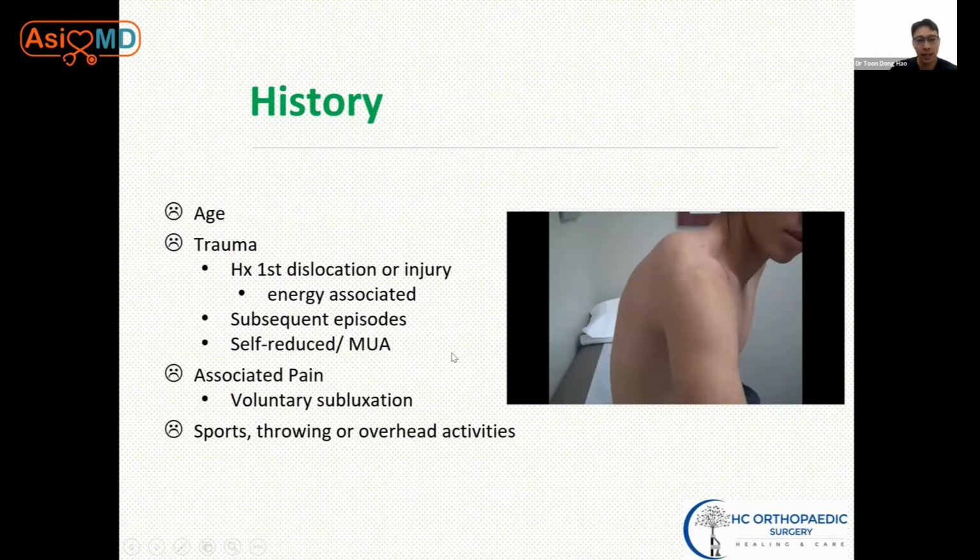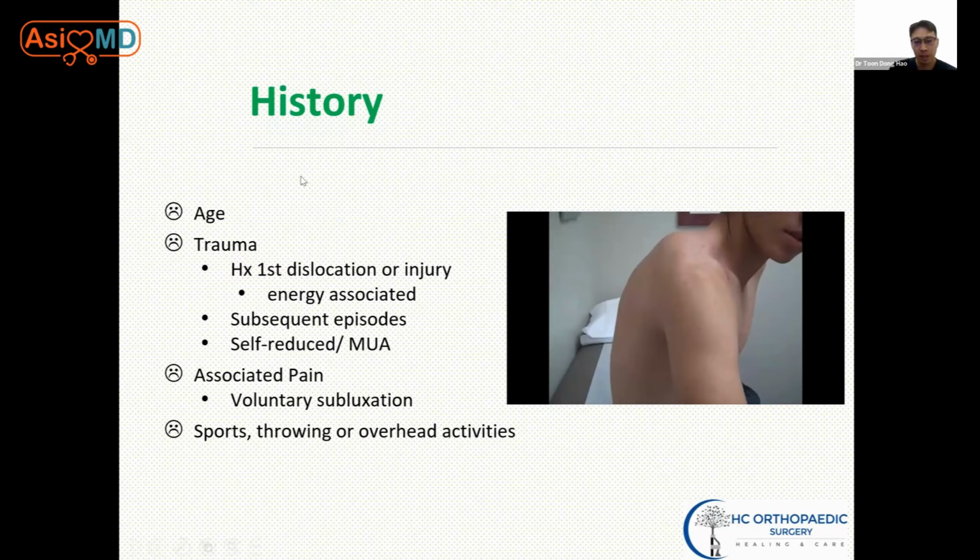The younger the patient has a dislocation, the higher chance of recurrence they will get. In terms of trauma, it's important to know when was the first time they had the dislocation and how many subsequent episodes they have. It's also important to know whether these subsequent episodes happen during sports, during impact, during activities, or just during normal daily activity, for example, just reaching to the shelf or when they dislocate when they're sleeping,